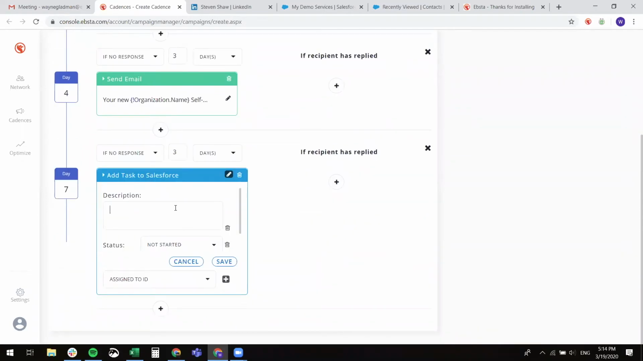Now, what this task will do is I'll put in the description. So I'll say call, right? And basically what this is doing is if someone got to the very end of my cadence, that means they haven't responded to any of those emails. So what I want to do is make sure I'm aware of that. I want to make sure I know that these specific recipients have not responded